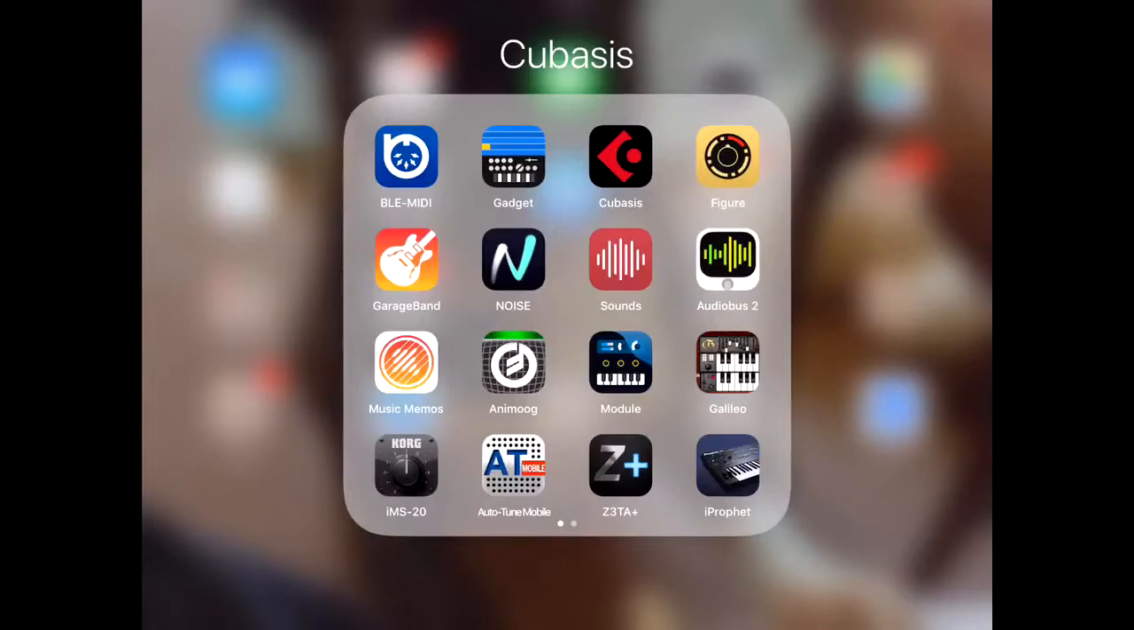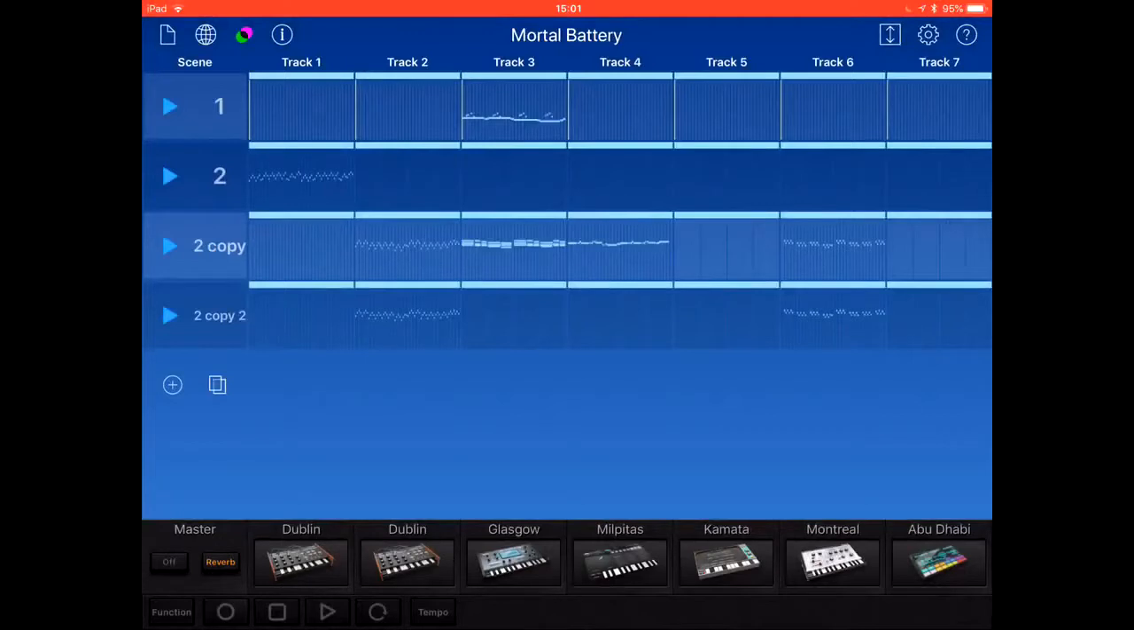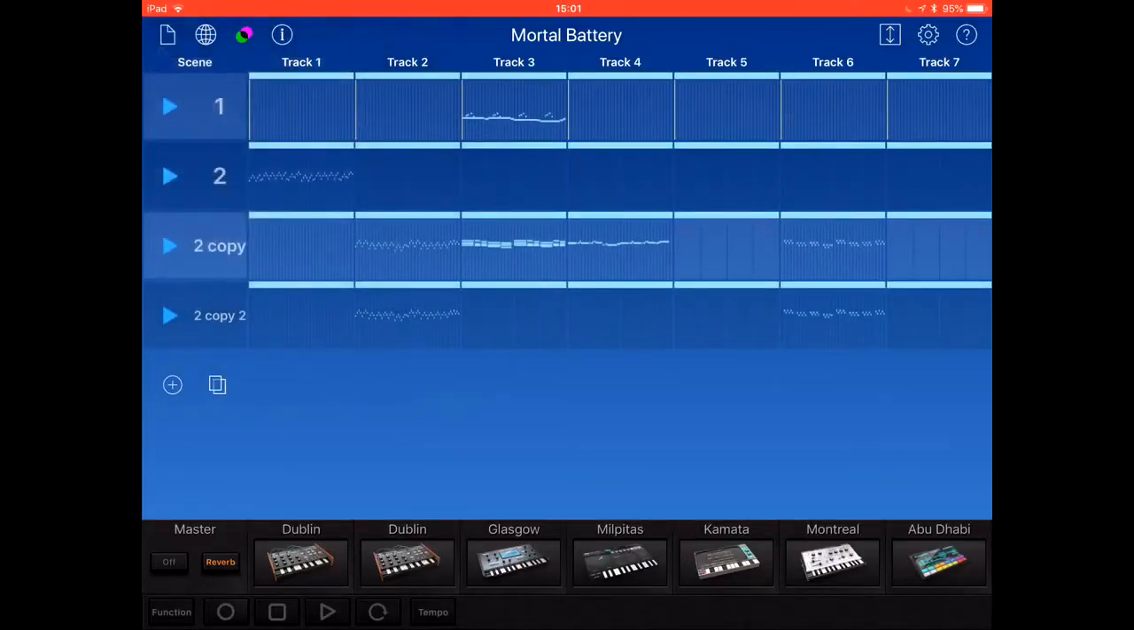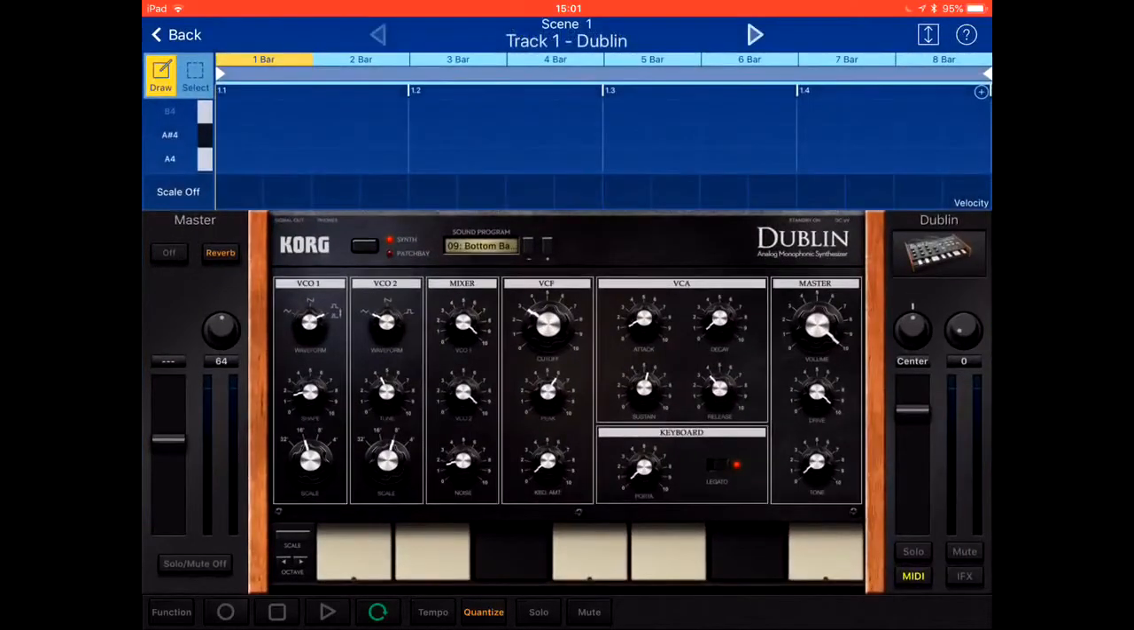So this is by Korg. So I'm going to click into that now. So when it's loaded up, you generally go to the top left of the screen to select a new project. This is one that I've been working on already. So for example, at the bottom of the screen I can select Dublin as a synthesizer. If I start playing,